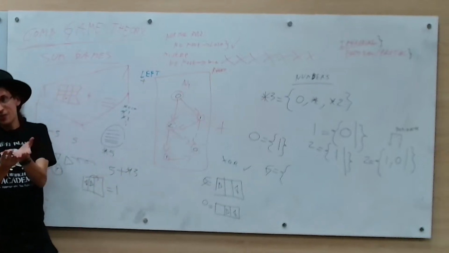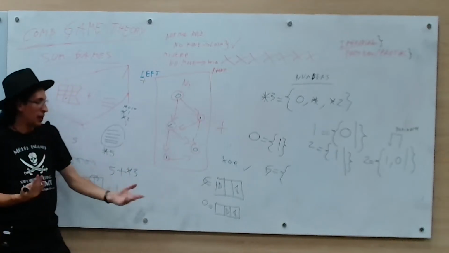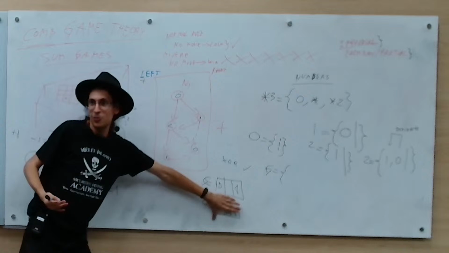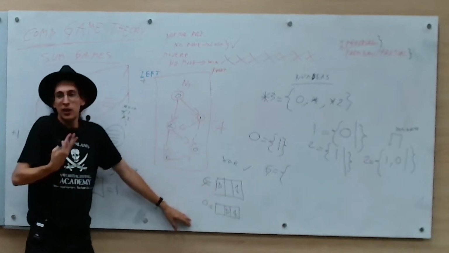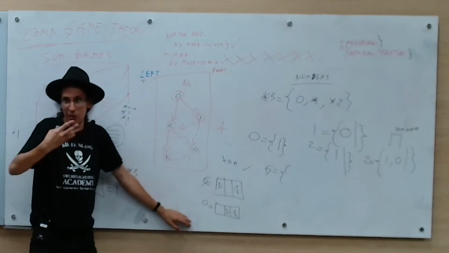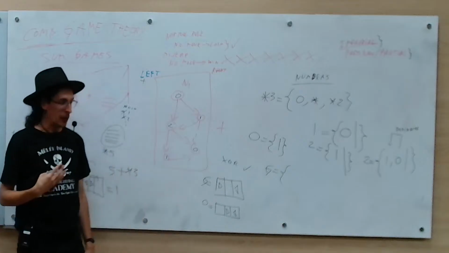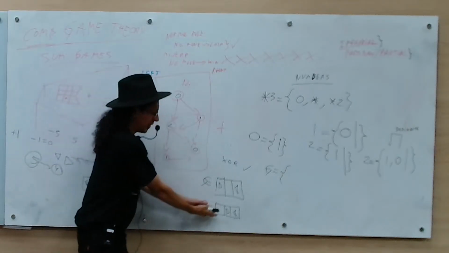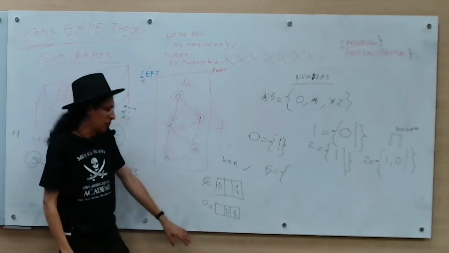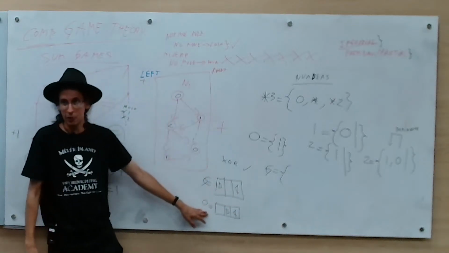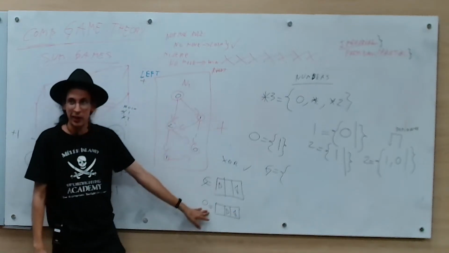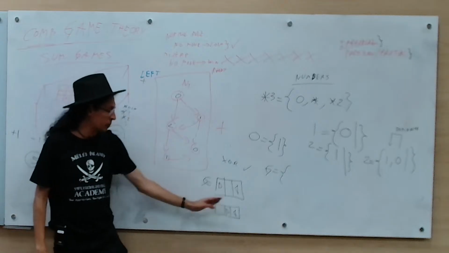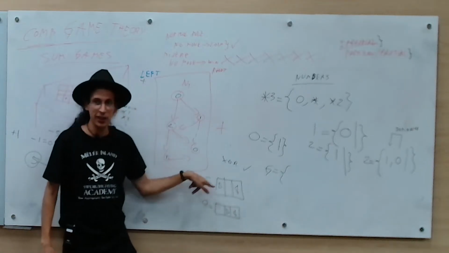If you did have a winning strategy, that strategy will never call you to play here because you are ignoring it, and you will not run out of moves because you are assuming that you have a winning strategy. So your opponent is the one that at some point will need to play here, even if they wait as long as possible, when this is the only thing that remains. At some point they will have to play here. And whenever they play here, you just respond with your winning strategy here as the second player and